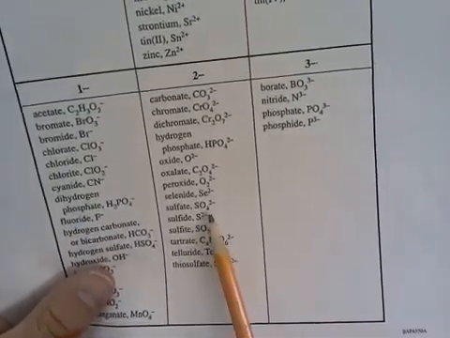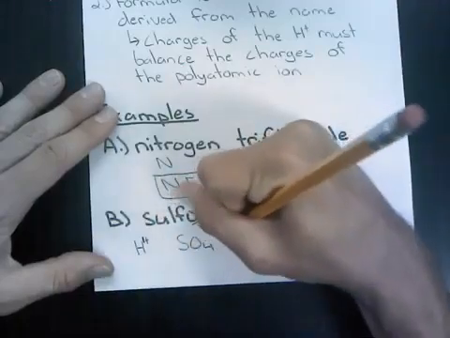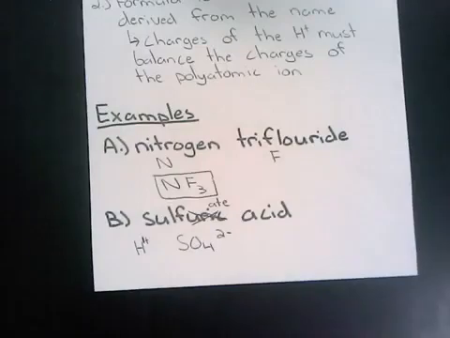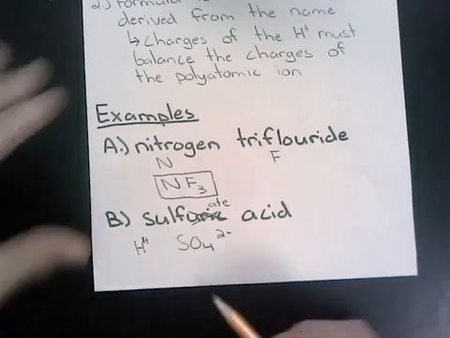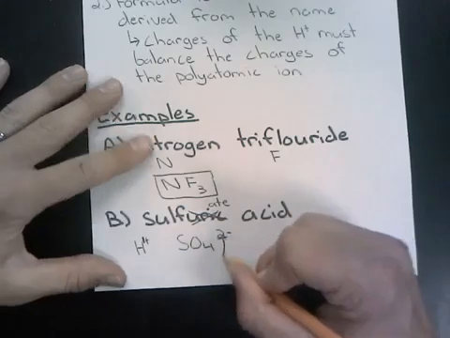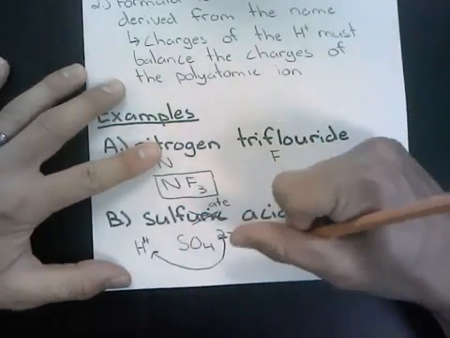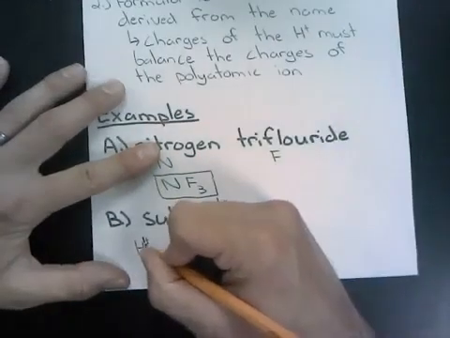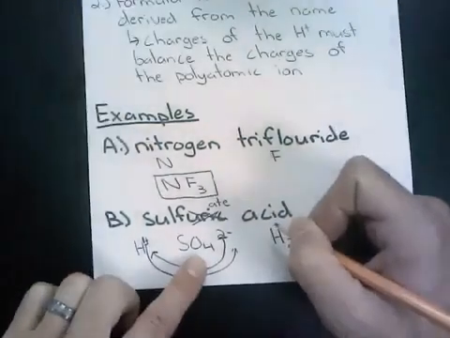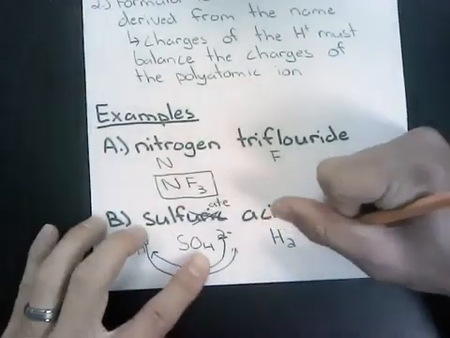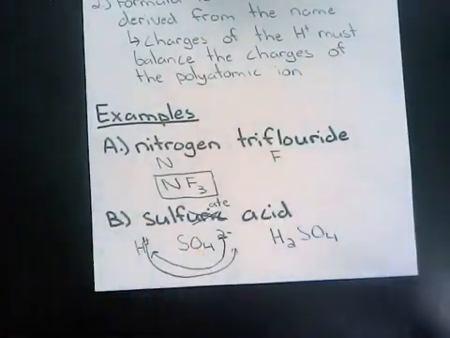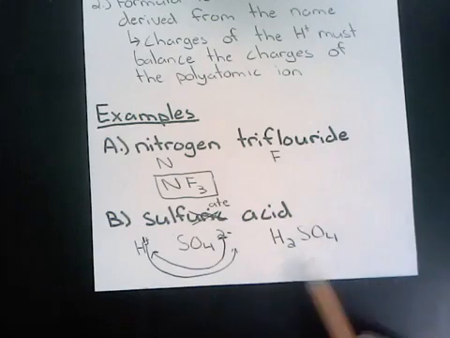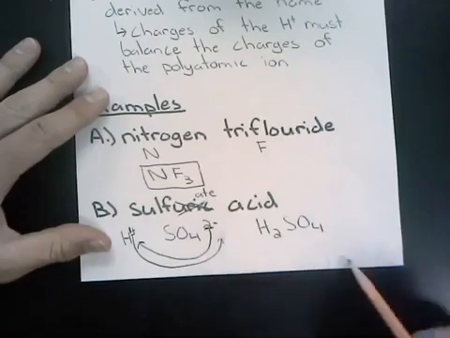The formula for sulfate is SO4 2 minus. So I write down SO4 2 minus. Now remember, just like in writing our ionic formulas, for an acid our charges have to cancel out. So we take the charge number, in this case 2, and that indicates how many H's we need. So we have H2, then we take the charge from H, which is a 1, and the whole SO4 needs 1. Because SO4 only needs 1, we just write SO4. We don't put parentheses and then 1 because we only need 1. We just write this particular formula down. So our formula for sulfuric acid becomes